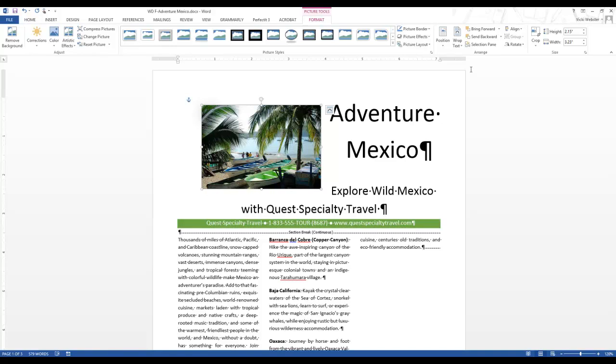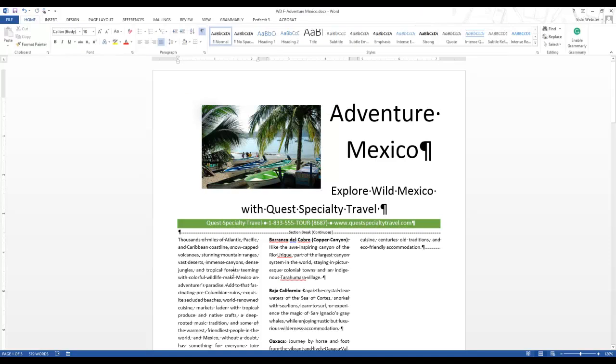Now, what you should also notice is I have a little anchor here. You see that in the upper left corner? The anchor indicates that this floating graphic is anchored to the nearest paragraph, and in this case, the nearest paragraph is this Adventure Mexico paragraph, so that the graphic moves with the paragraph. The paragraph moves, so will the graphic. Now I'm going to go ahead and deselect my graphic,